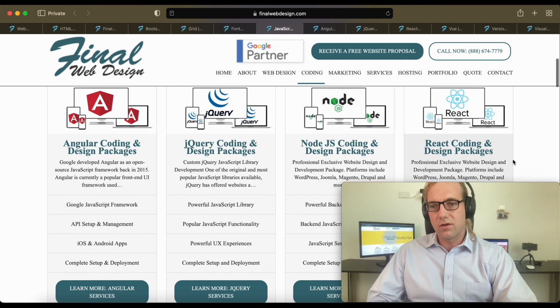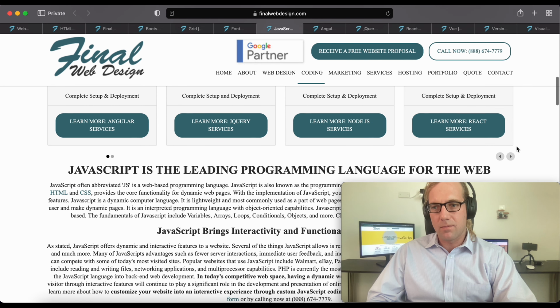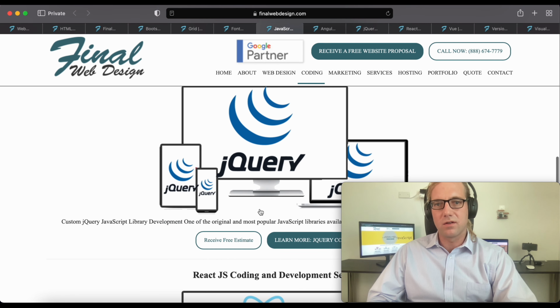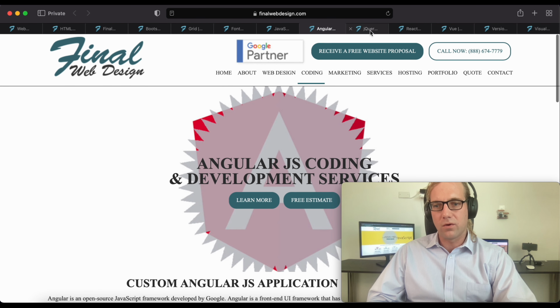React is huge. So if you're learning React, a lot of corporations are using this. Again, it is a JavaScript framework. The thing about it is a lot of people like it for its PWA, progressive web app functionality, and that also takes us to Vue.js, which is becoming increasingly important. So just taking a quick look at these, we have the Angular, again, created by Google, super popular for big